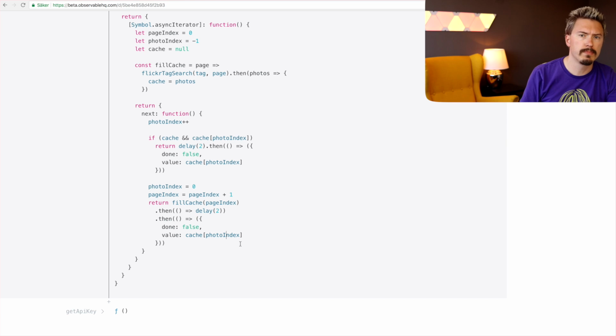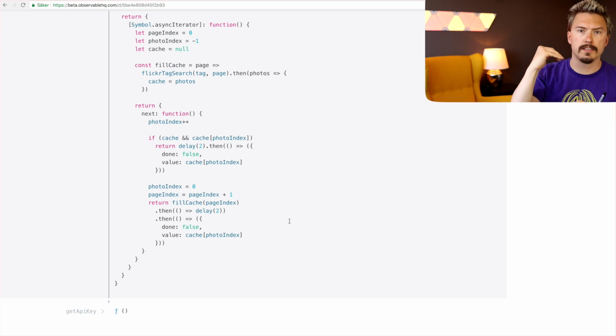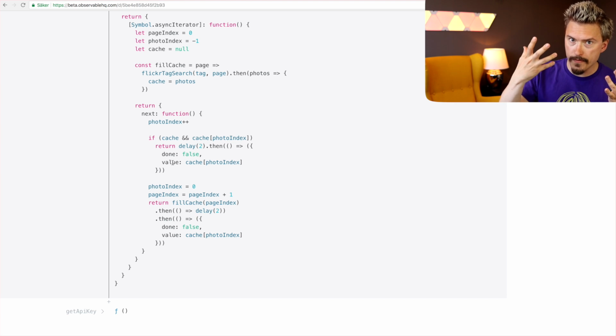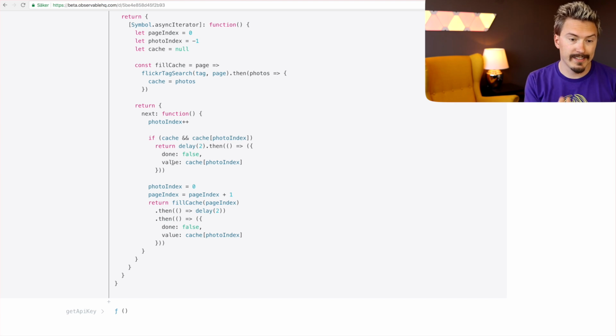So the cache is basically the current page that we have loaded. So that gets us our first cat. It loads the first page and it gives us the first cat. When we call next, or for the for of loop calls next the next time,